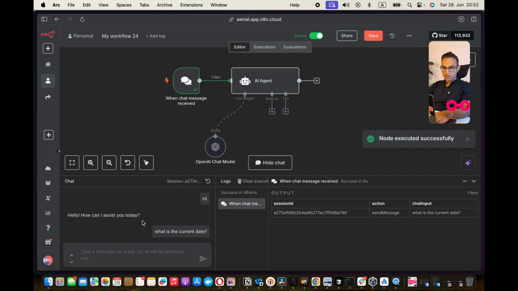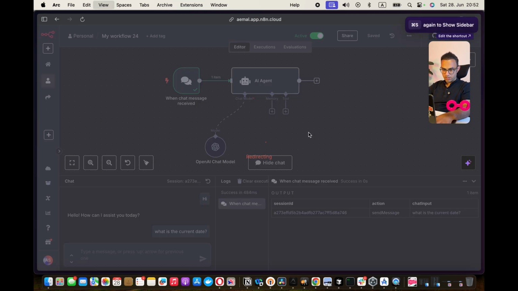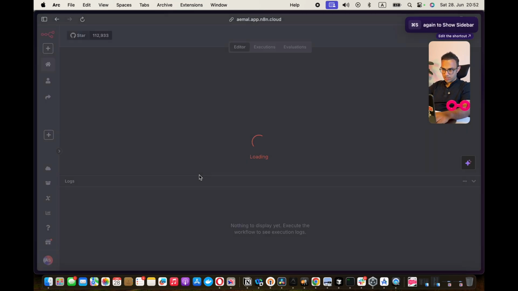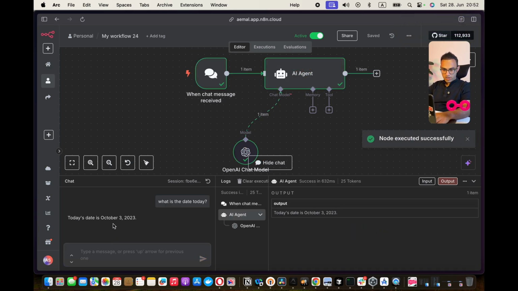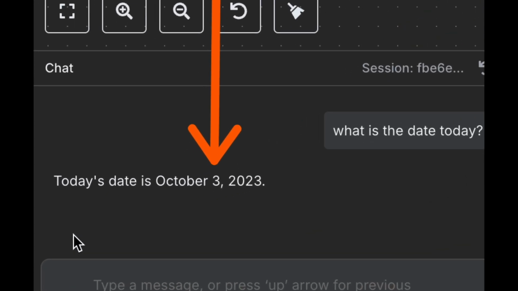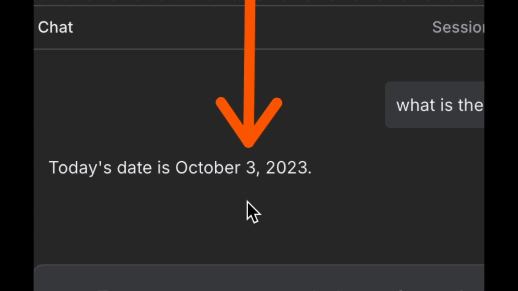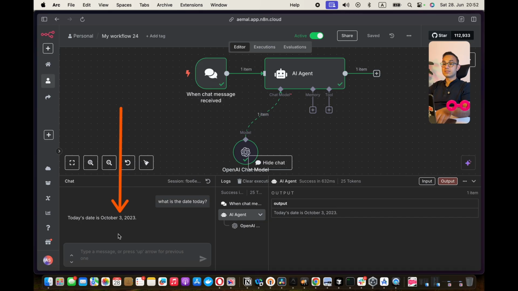It will say something. This is a bug in n8n. We can refresh. It just got stuck. If I say, what is the date today? It will run. It will say October 3rd, 2023. Why? Because this is the cutoff date of the LLM.